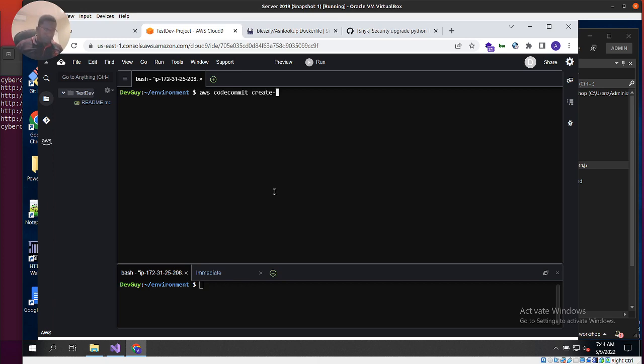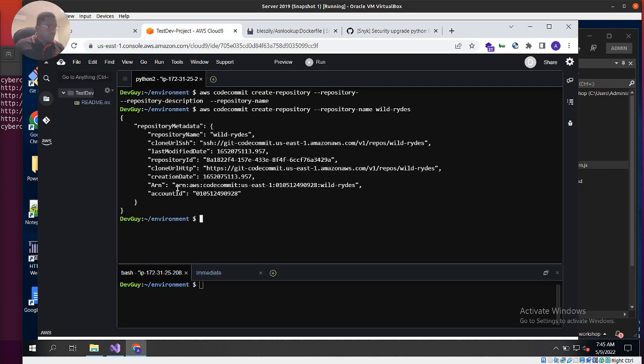Create a repository, then we'll give that repository a name. Let's call this, following the project name, wild ride, I think it's RYDES. All right, we'll create a repository. We just did that. Next, we'll clone from the repo, which I showed you on the Microsoft Visual Studio, into